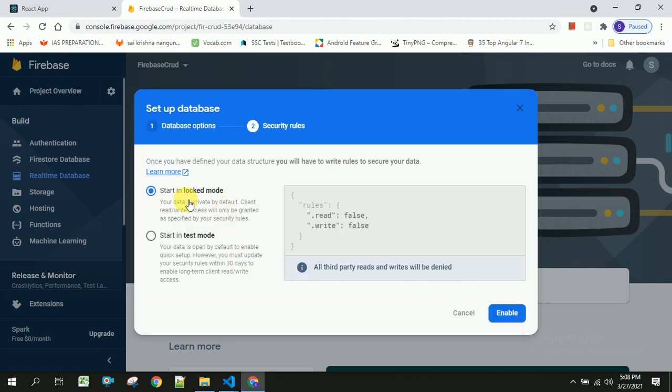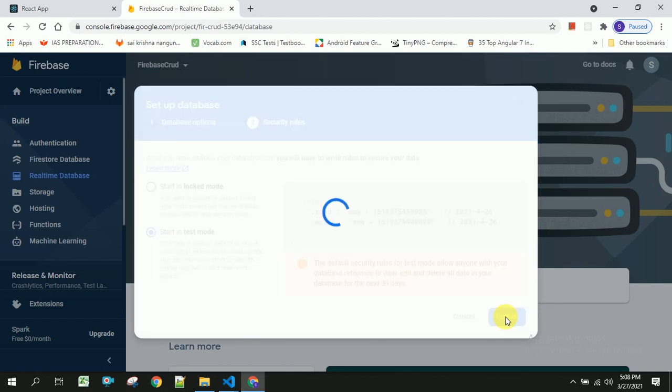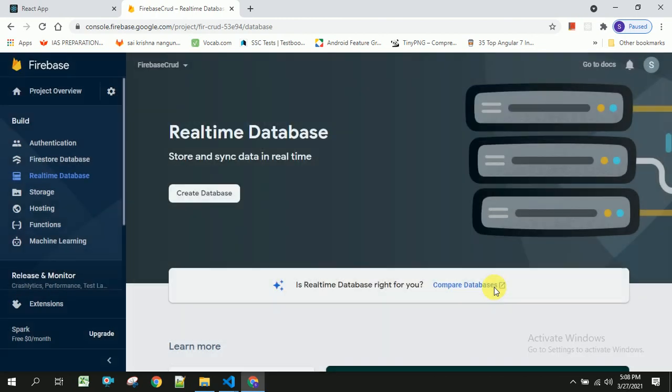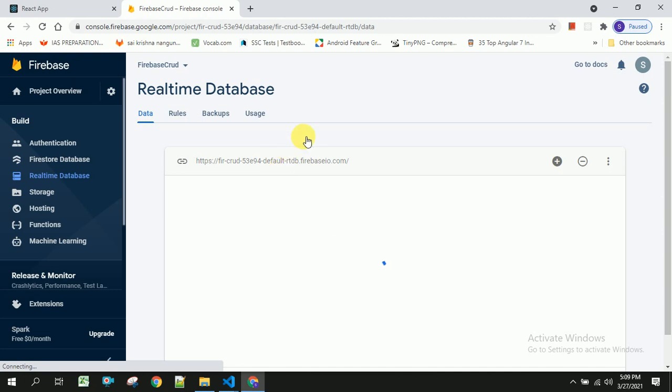There is start in locked mode, and you can click on start in test mode and click on enable. Once you are done with this, you should be able to navigate to this real-time database, and in this way we can create the database in our Firebase project.